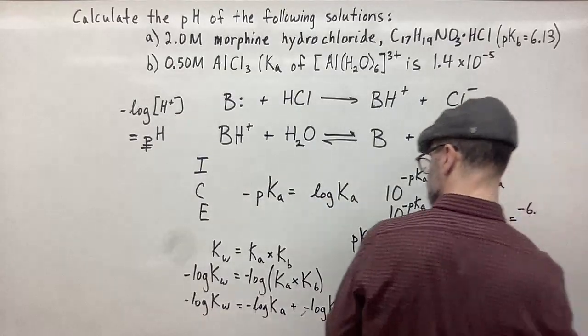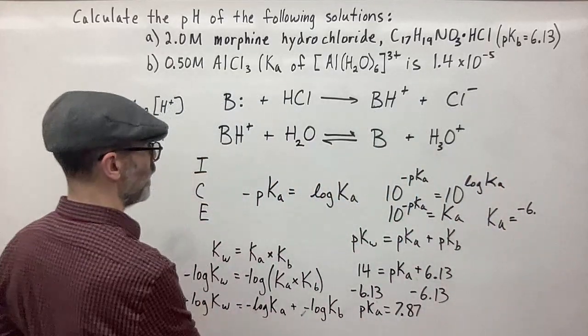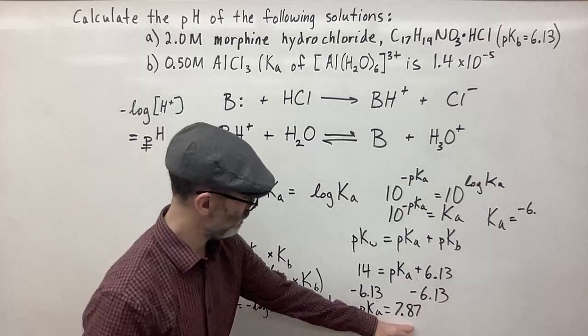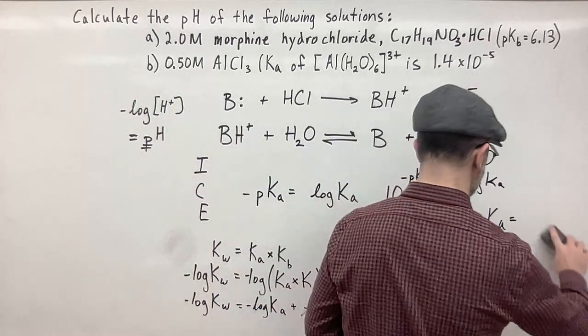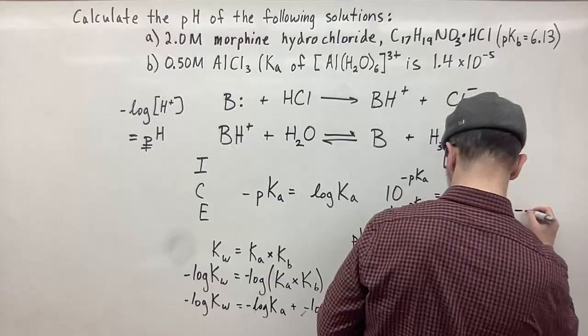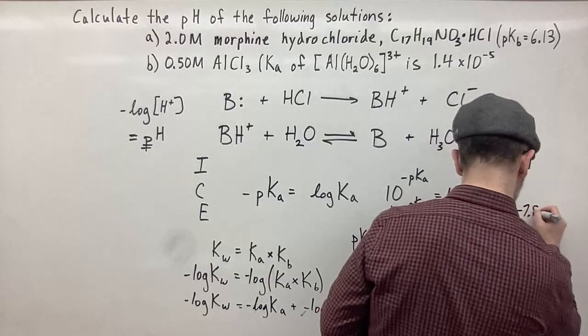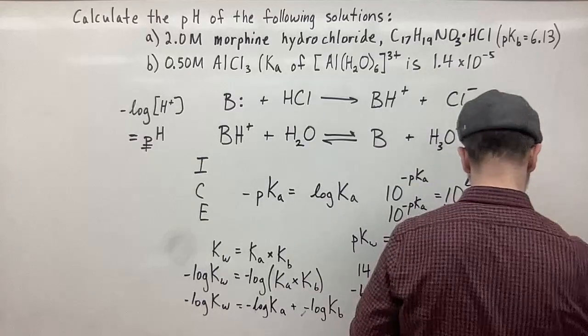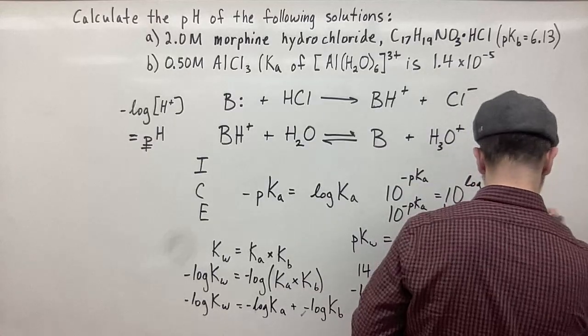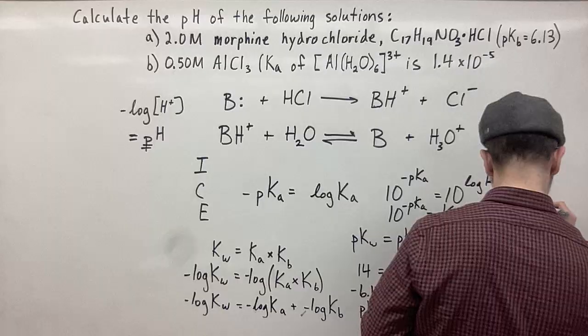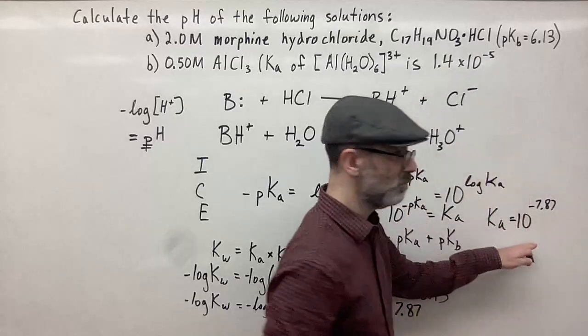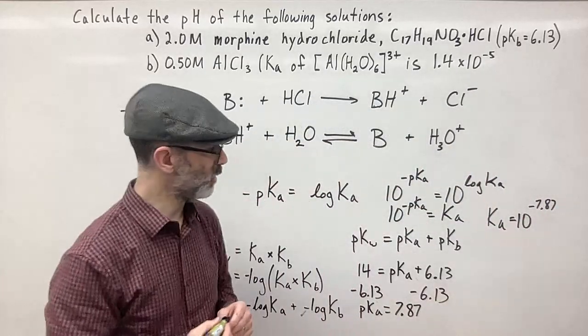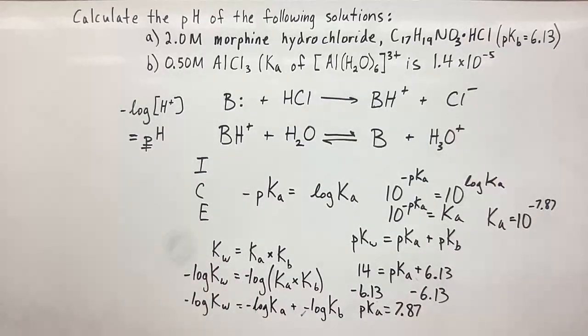Or no, I'm sorry, not that, that's the pKb. The Ka is right here, 7.87. So it's going to be 10 to the negative 7.87. Oops, sorry. 10 to the negative 7.87. So now all I have to do is calculate that, and when I calculate that, I get